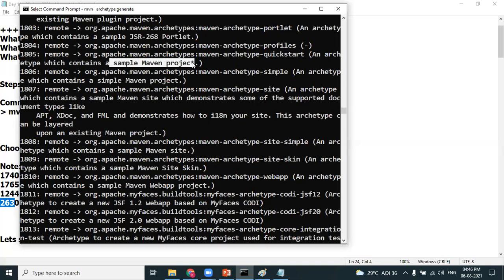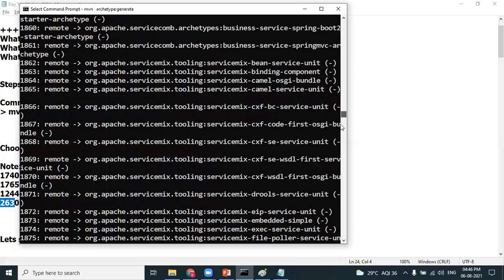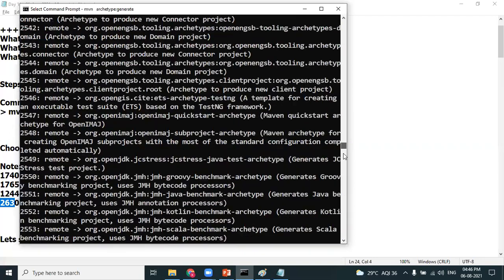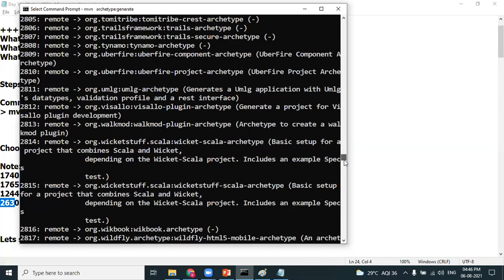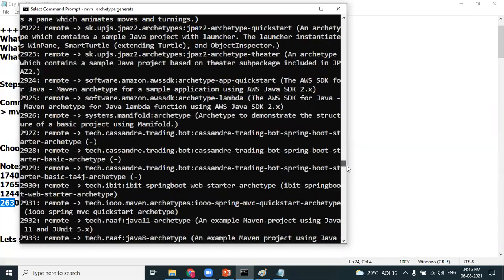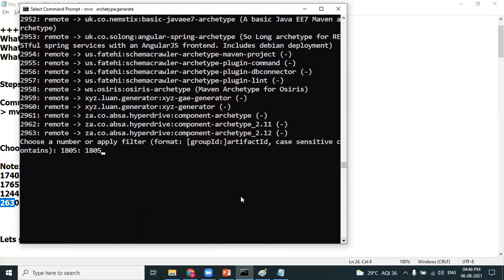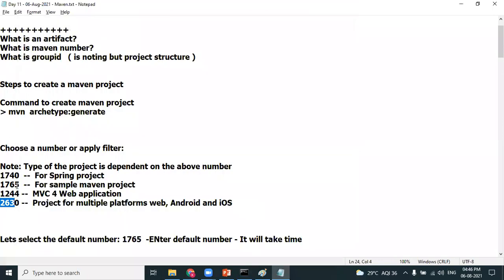So that's the reason I'm using 1805. I hope it is very clear why I'm using it. That means I'm building a sample Maven project.